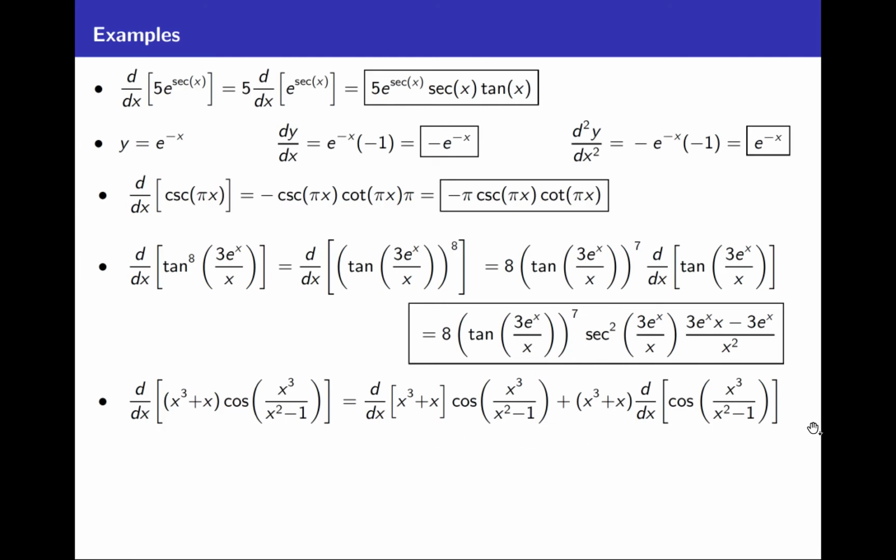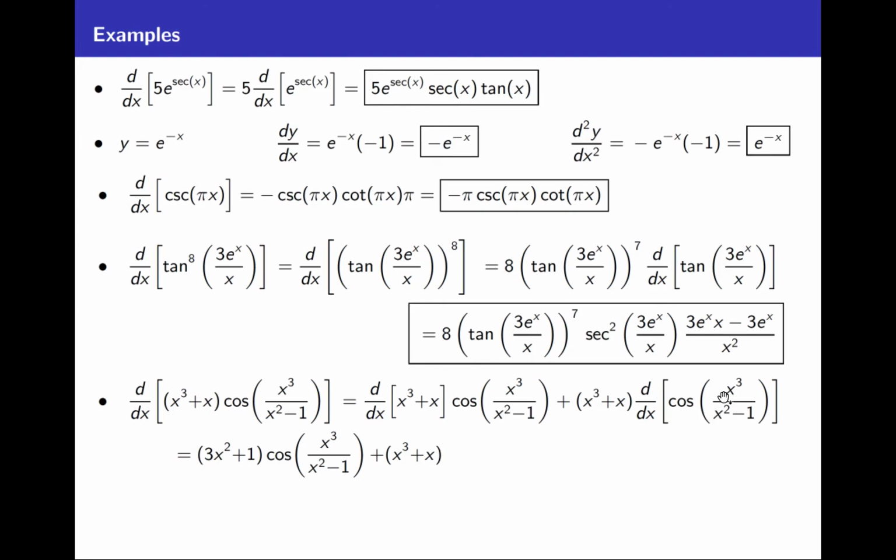And we're not done yet because there are two derivatives we have to take. Well, the derivative of x cubed plus x is 3x squared plus 1, and it's being multiplied by this second function, plus, then we have the x cubed plus x, bring that down,